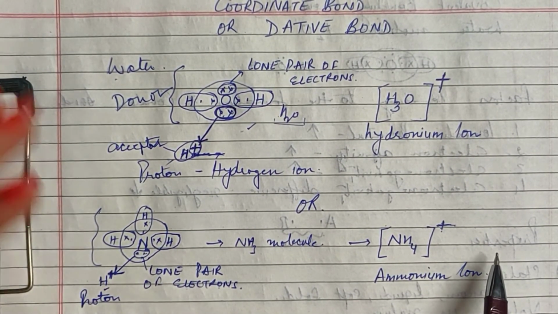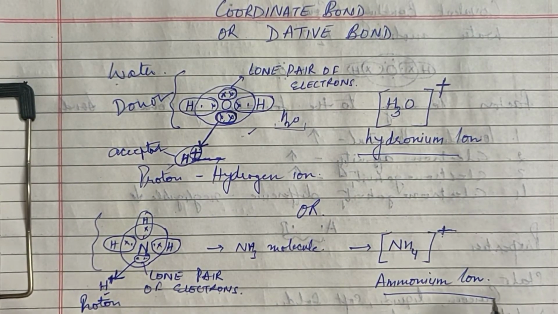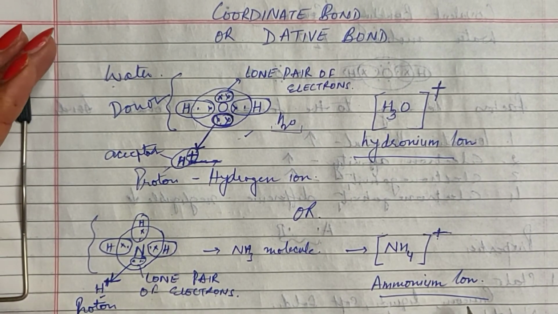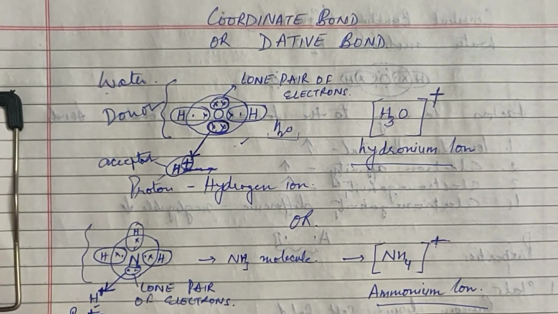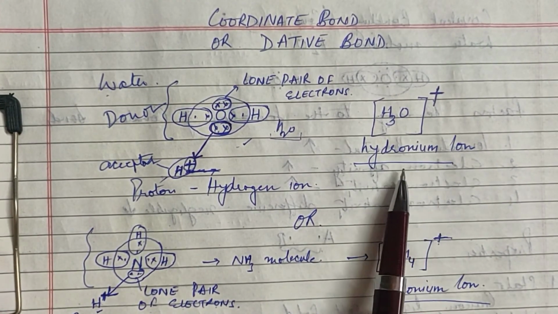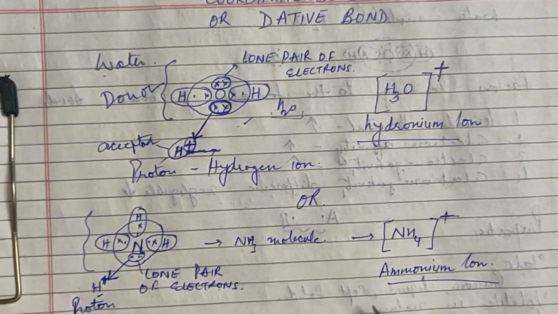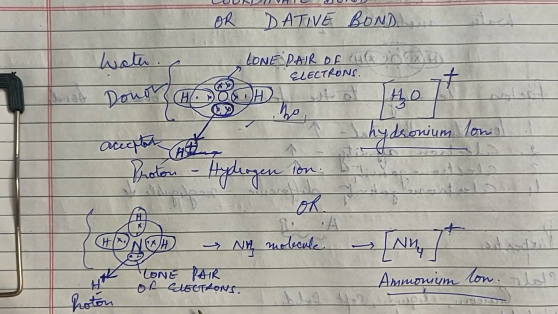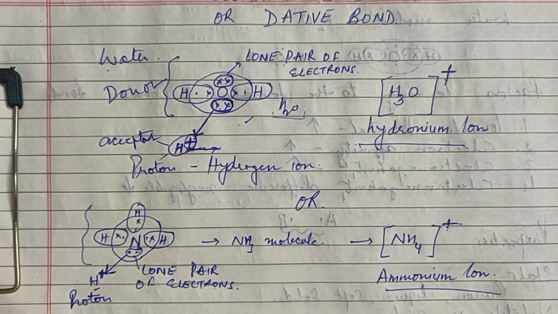So the formation of hydronium ion and ammonium ion is extremely important. I would advise you all to keep the book open and keep the video on and understand it properly. If you have a doubt, you can ask me in the class tomorrow. And this is how the charged ions like hydronium and ammonium ions are formed. Either of the two is definitely going to be in the board exam. So practice drawing it, label the lone pair of electrons, understand the concept clearly, and wherever there is a problem, you can ask me once again.